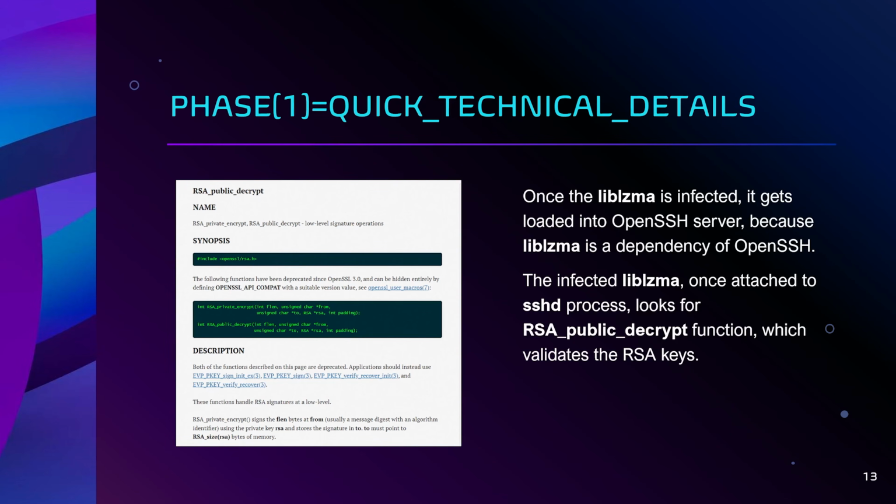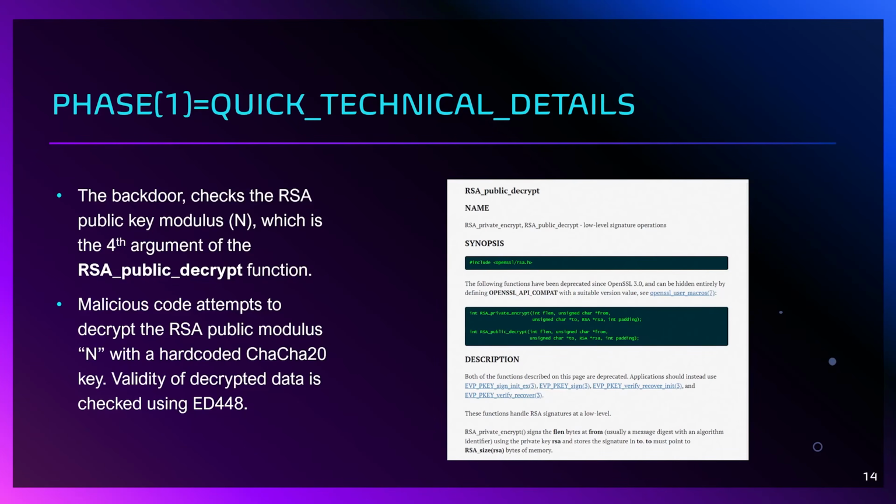And as you can see on the screen, this is a function in OpenSSL, and its job is to kind of validate if you can encrypt or decrypt some data, right? And that's the signature verification part. And the backdoor checks the RSA public key, the N, the modulus, which is the fourth argument of the RSA public decrypt function, and it checks if the malicious code attempts to